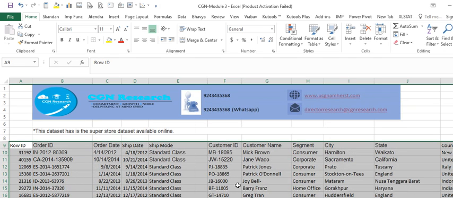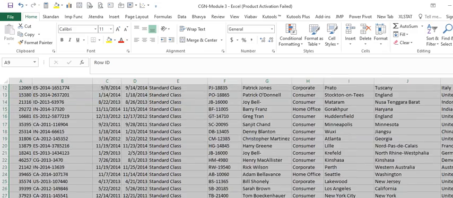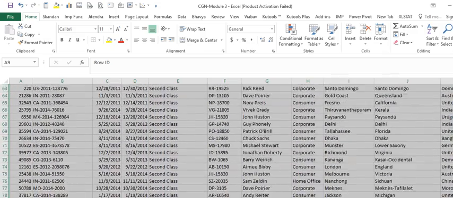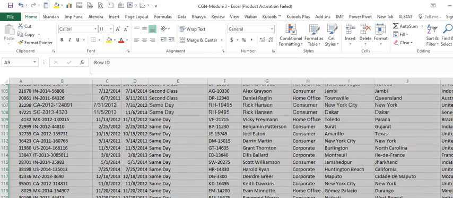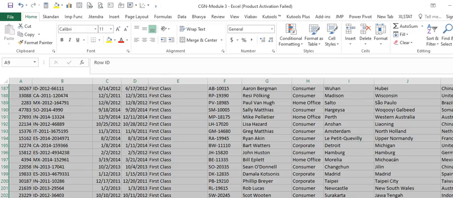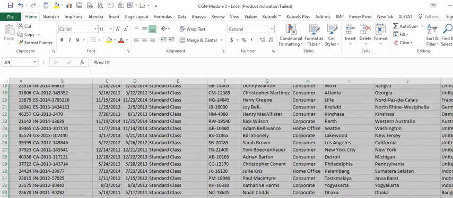So you can see that along with this, all the other lines also get shuffled. I first look at the standard class, then the second class, the same day, and the first class. So these are the classes that are there in the shipping modes.